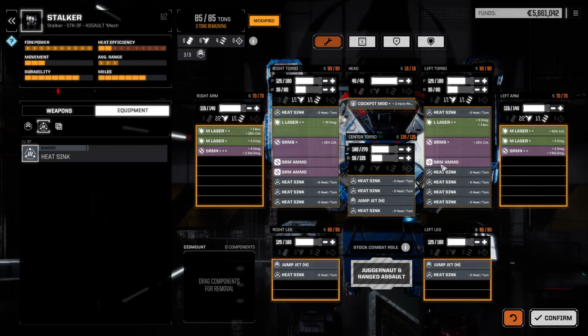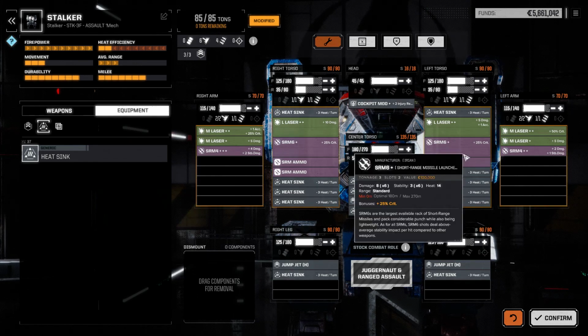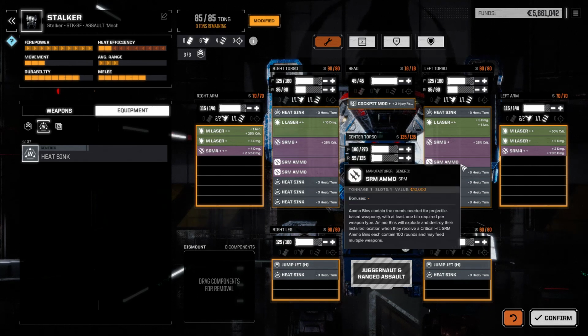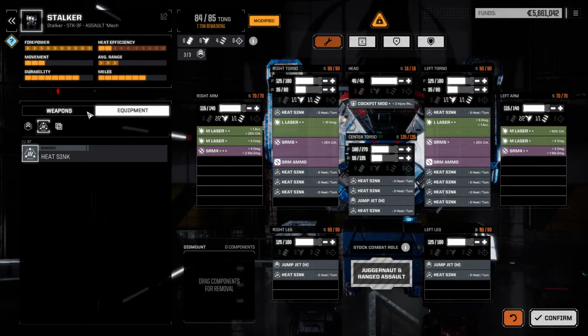I'm getting rid of some SRM ammo, so 300. We're effectively doing, when we're using them, 12 plus 8, 20 per turn. So 100 is 5 shots. If we put in,